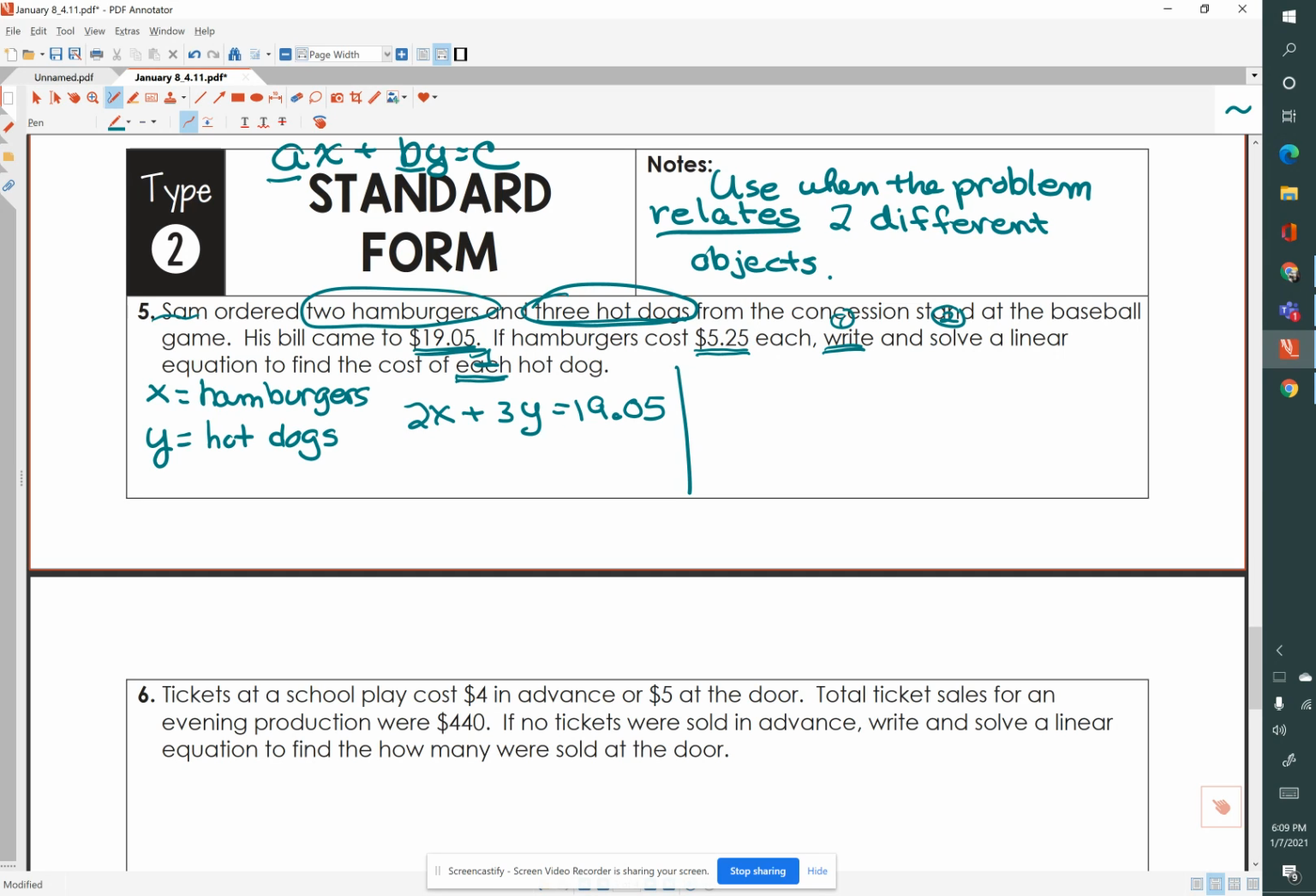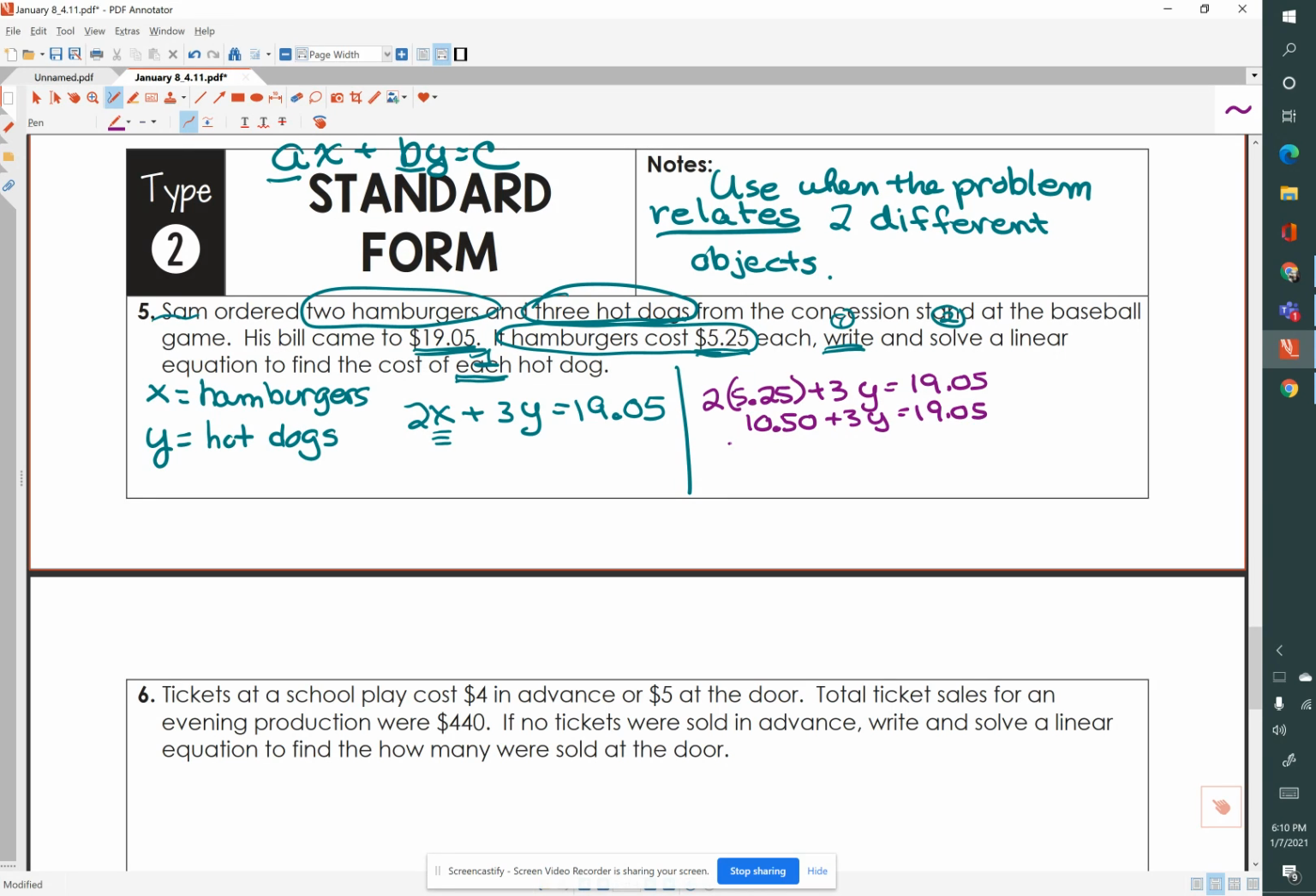And we're going to solve it by inserting this given information about the hamburgers, which is hamburgers cost $5.25 each. So that's going to be our new X. So we're going to have 2 times $5.25 plus 3y equals $19.05. So 2 times 5.25 is $10.50, plus 3y equals